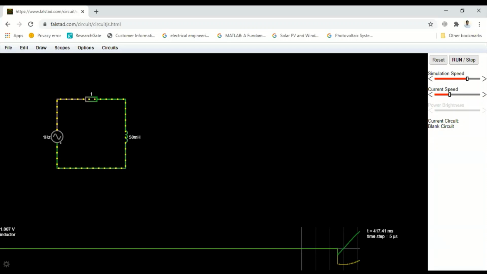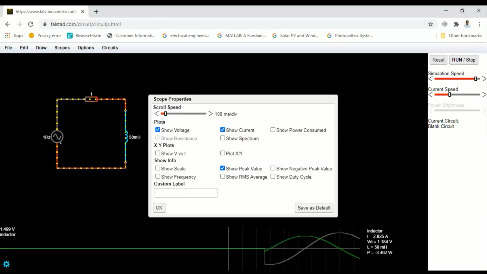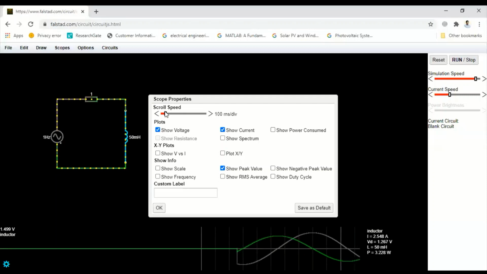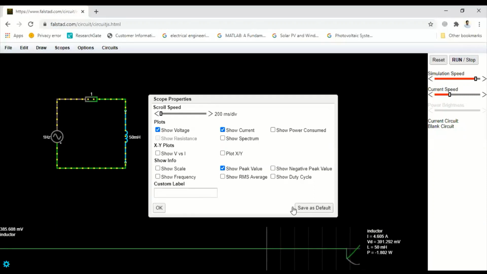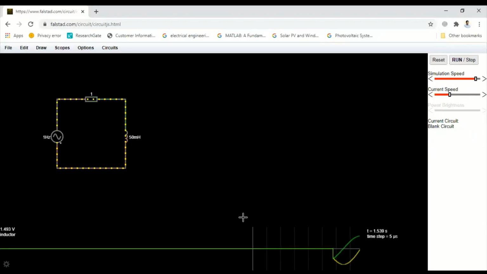Now check the values. We can change the value so that within a very small time division period you can purely observe the complete response of the inductor where the input is AC supply.